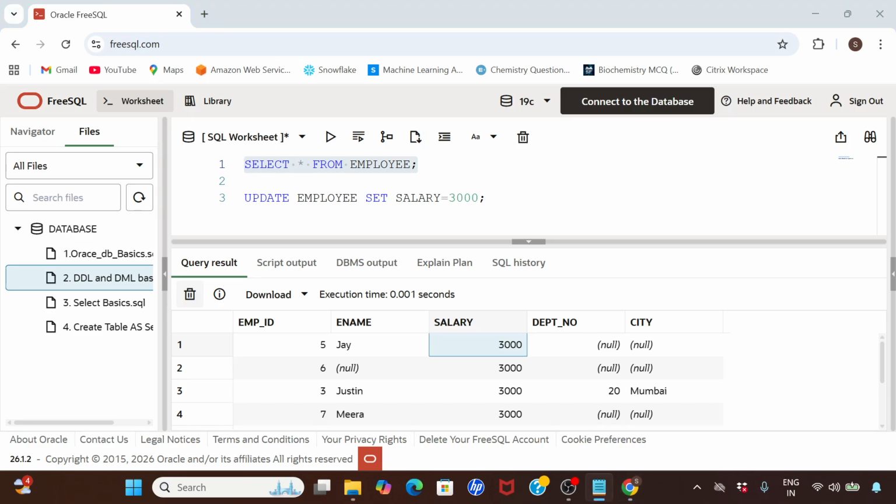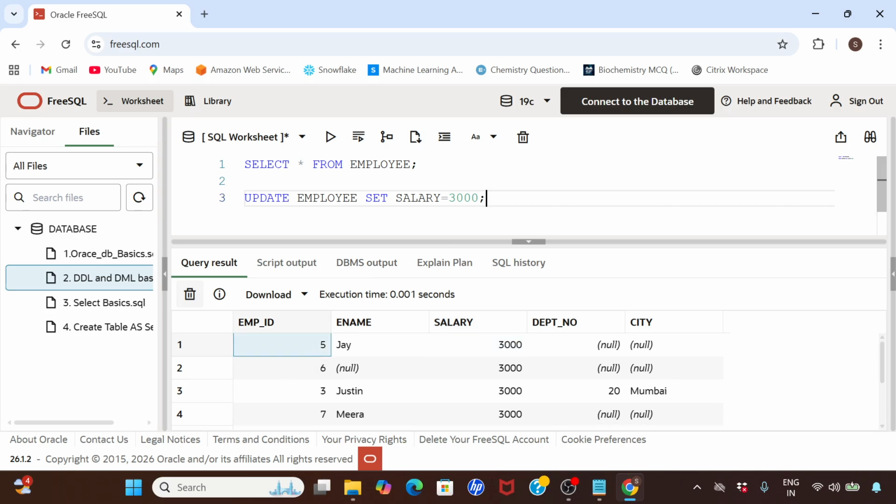So again, another question is, would we always update every record the same? No, right? Sometimes we don't want to update all the records. We just want to update certain particular records, right? In that case, what we do is we use a where clause. A where clause is a filter criteria. It is saying that, hey, you only have to apply whatever your DML statements or select statements for that particular filter. So now what I want to do is I only want to update this employee ID